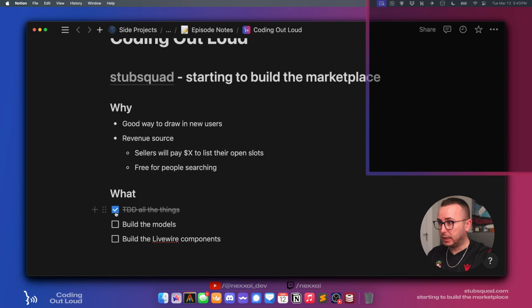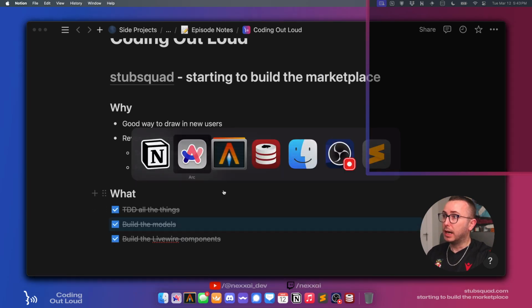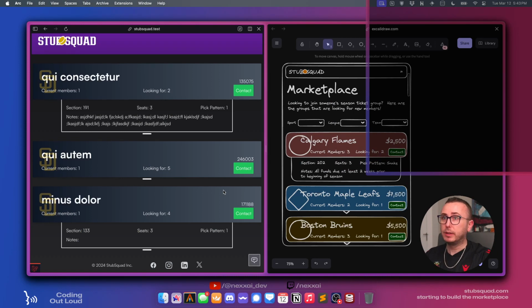So we TDD'd all the things, we built the models, and we built the Livewire components. And yeah, so on the next stream, hopefully tomorrow, I plan on streaming tomorrow unless things get in the way. Tomorrow we will work on the